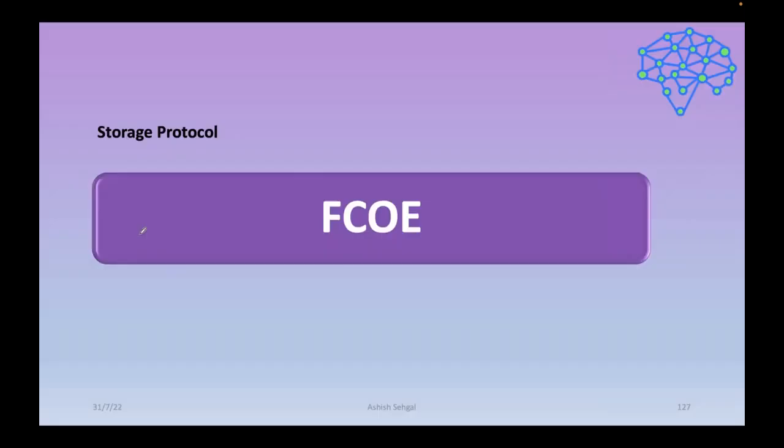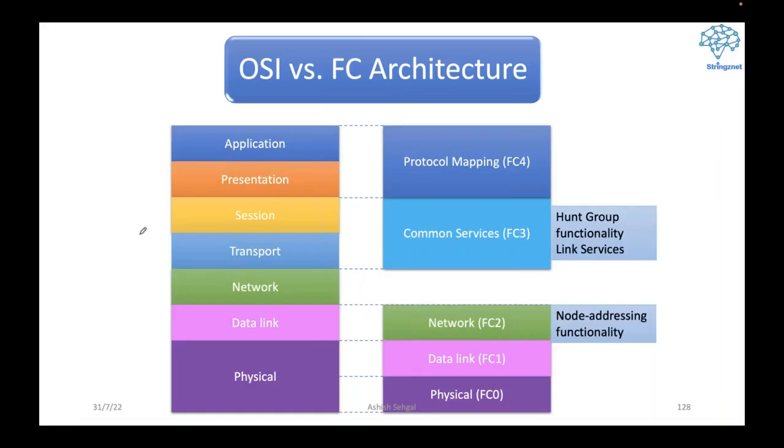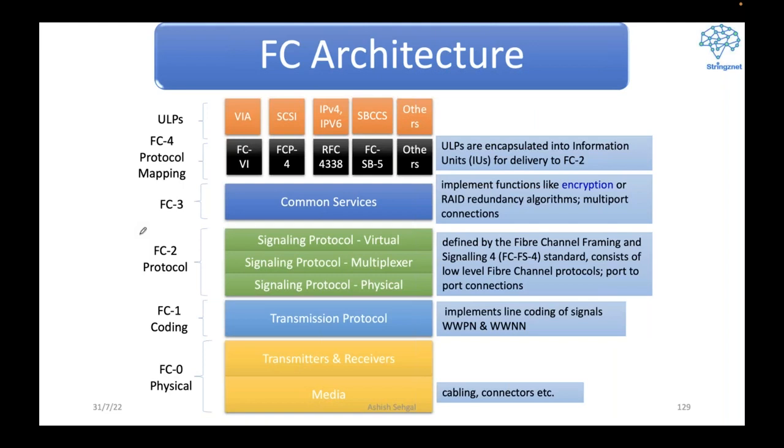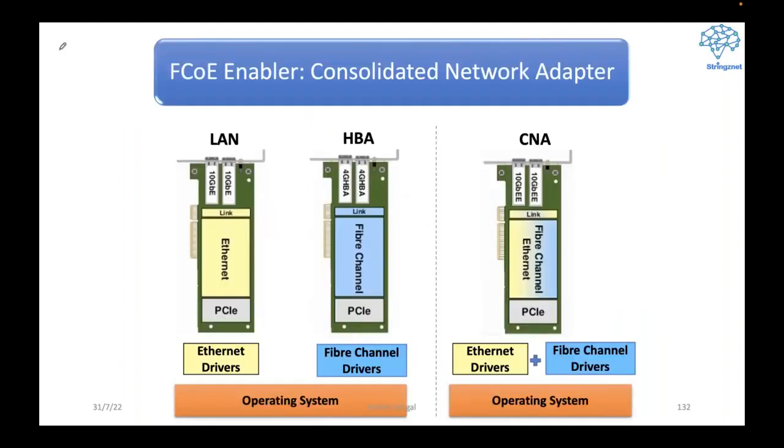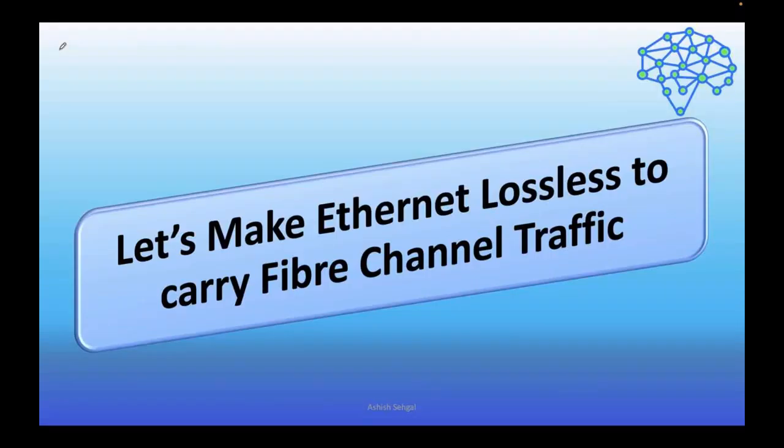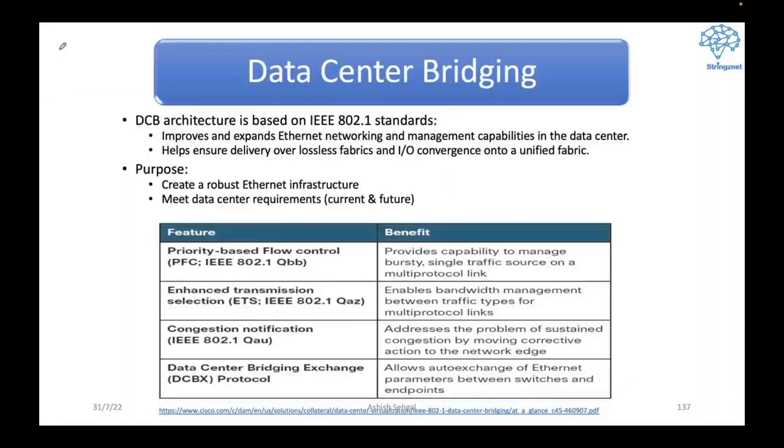Lots of things are there. We will be talking about Fibre Channel over Ethernet, what makes our Fibre Channel lossless over a lossy media, right, called Ethernet. Why we need to introduce it, we will be talking about: the convergence between our Ethernet protocol and our Fibre Channel protocol. Why there came a need to converge them, and how we converge it in terms of configuration, etc. So pretty important things about it,